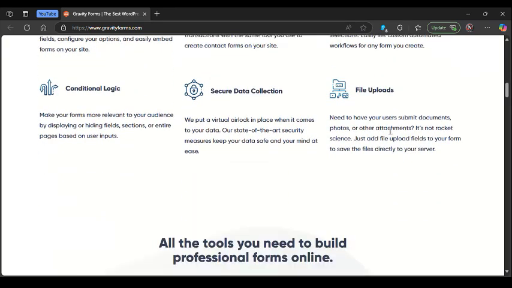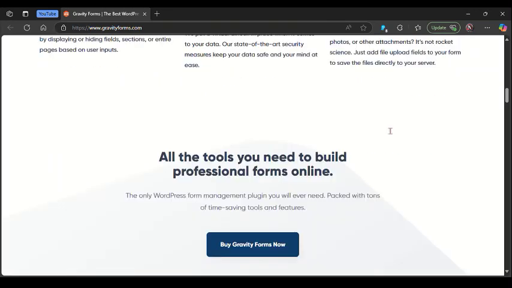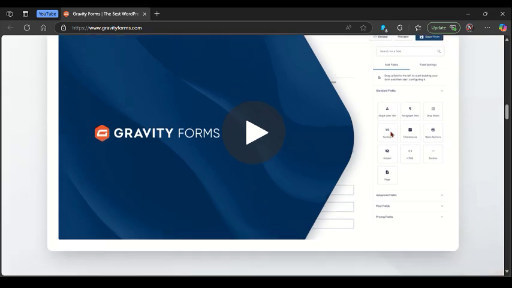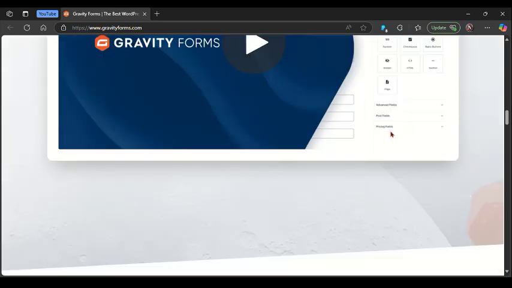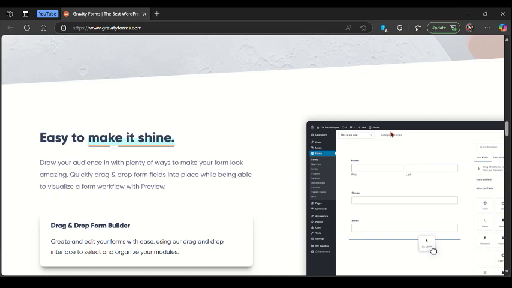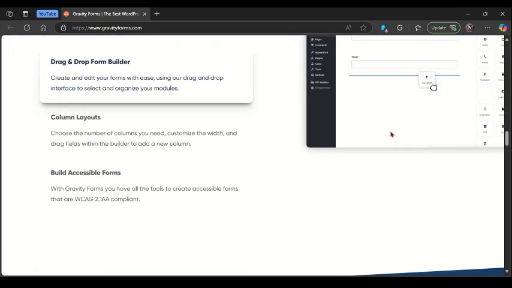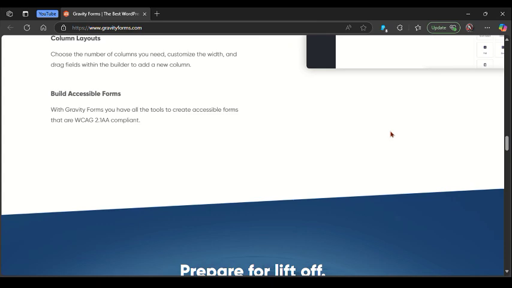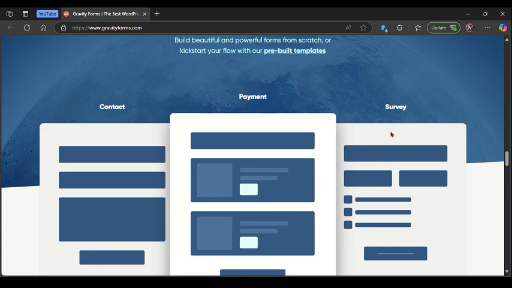Its drag and drop editor makes it easy to create contact forms, surveys, payment forms, and more. While smart conditional logic shows or hides a field based on user response, the plugin works seamlessly with popular email services, CRMs, and payment systems, making it perfect for businesses that want to capture leads or process orders